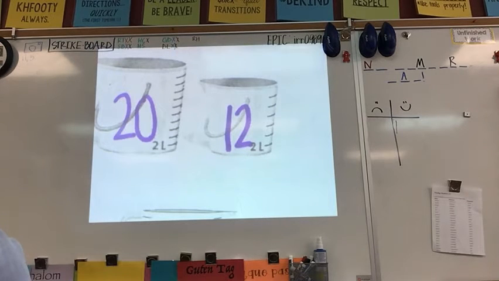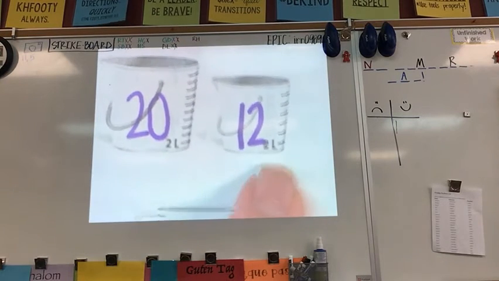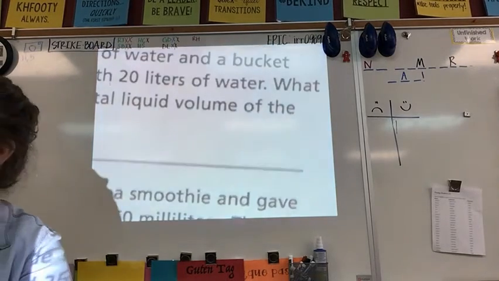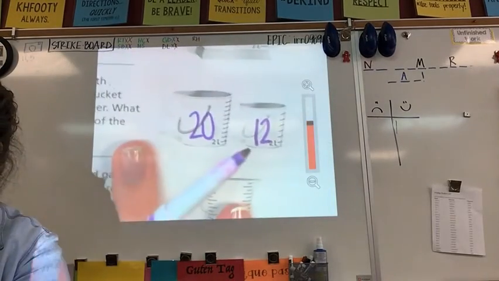Bingo. So if we want to know his total liquid volume, and one of them holds 20 liters, and the other holds 12 liters, what would I do with those amounts to find his total liquid volume? Ellie? I would add them. I would just put those together. So 20 plus 12. 32. What'd you get, Ellie? 32. Sorry, now I just stole your picture. 32